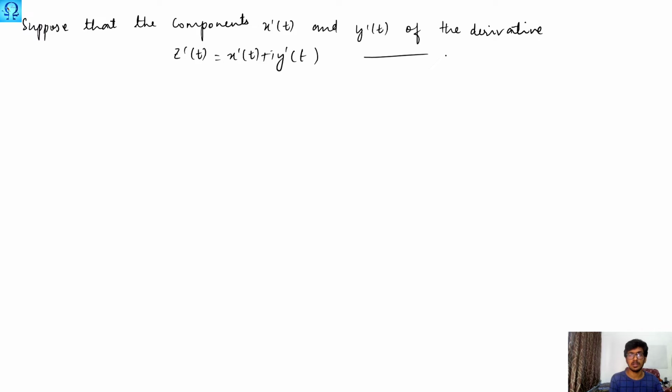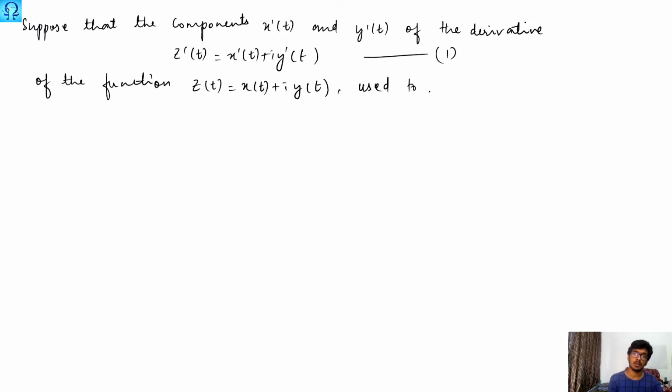Let me mark this as equation 1. This is the derivative of the function z of t equals x of t plus iota times y of t, which is used to represent a curve C,